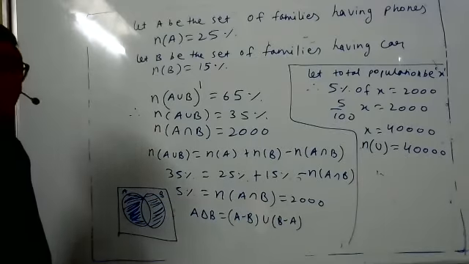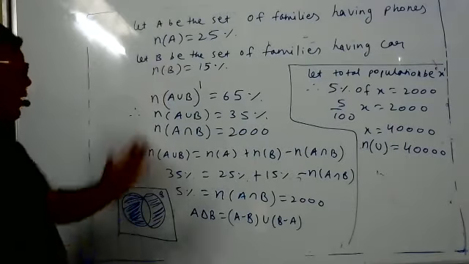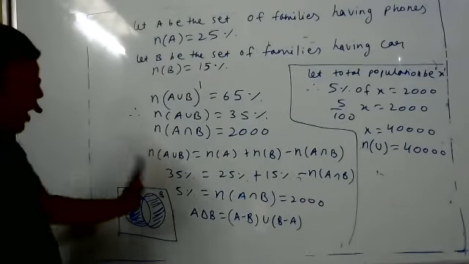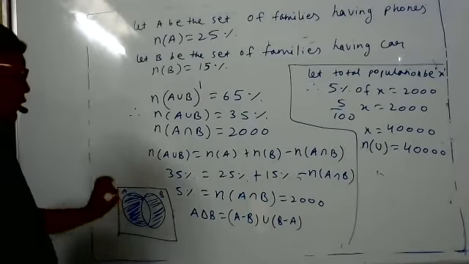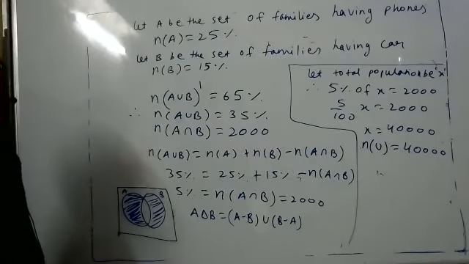So suppose in that place they want to say, they will say here, how many families exactly have either phone or car? Exactly they have to use. But casually they will say either phone or car, which means both also is okay.